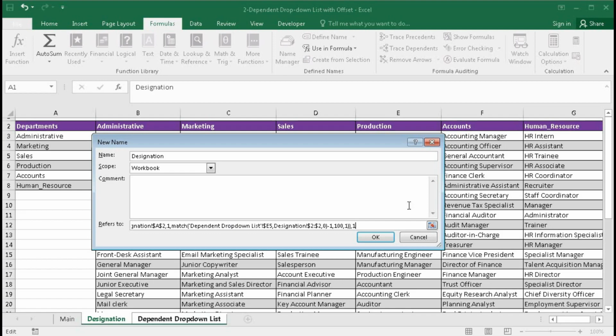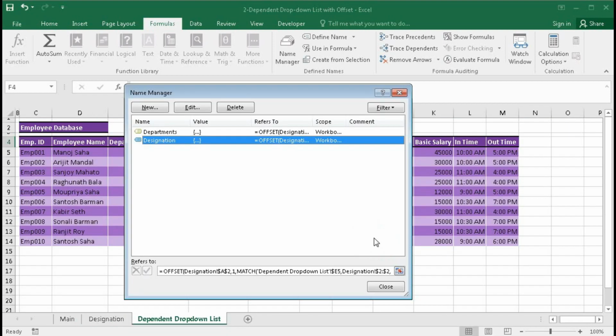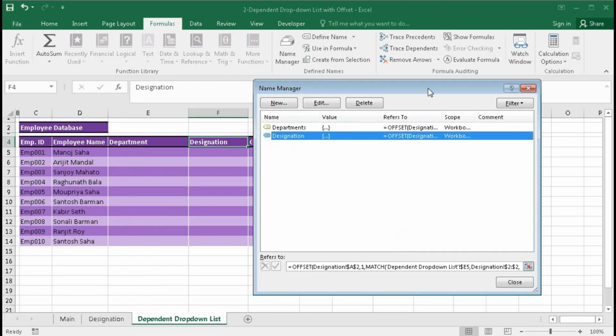Then one column width for the first OFFSET, bracket close. Okay, our formula is completed, and now we do not have any reference because it is not selected.